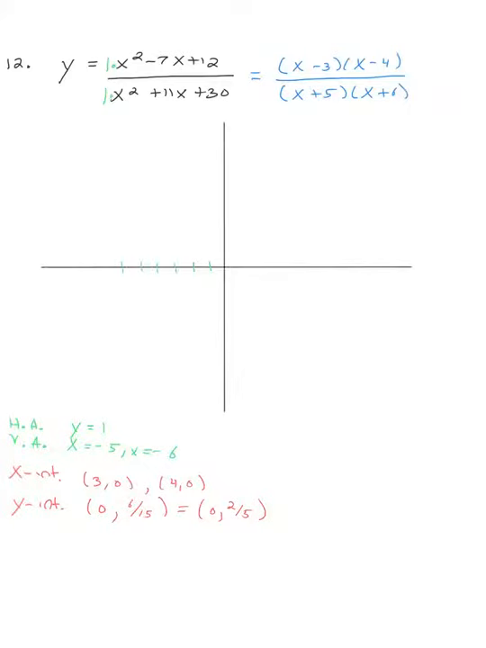both 5 and 6 are vertical asymptotes. My intercepts are at 3 and 4. So let's see, 1, 2, 3, and 4. So that's here and here. My y-intercept, it's a little less than half, so that's about here. And y equals 1